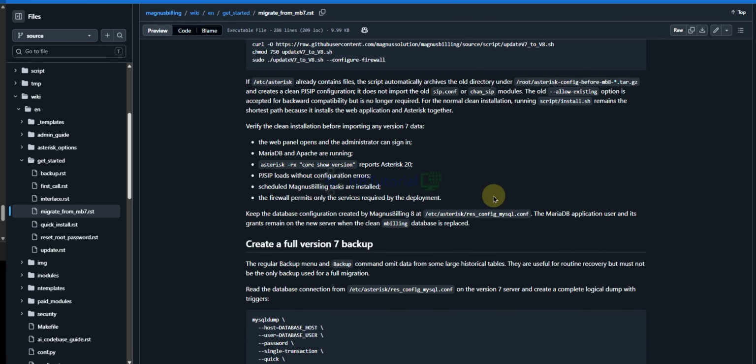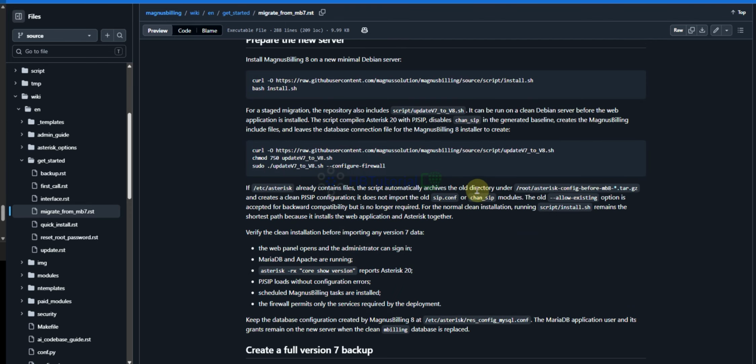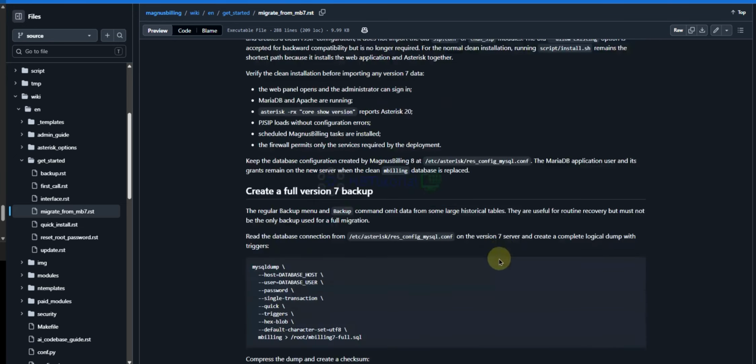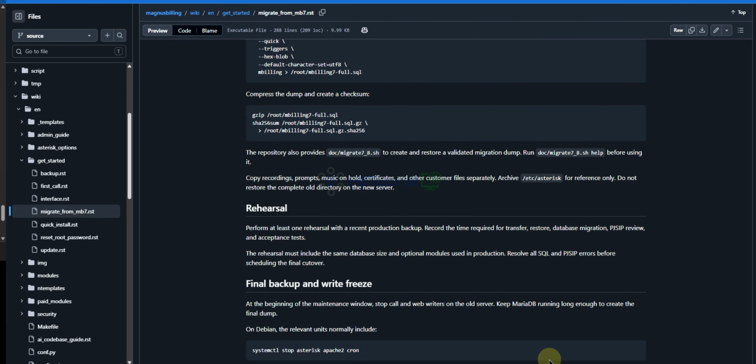It will also migrate from ChanSIP to PJSIP.